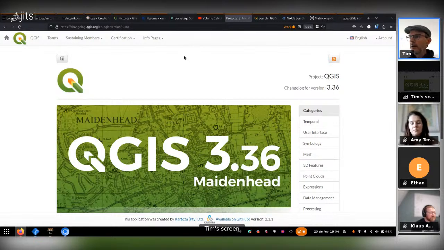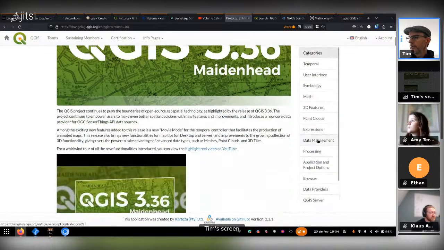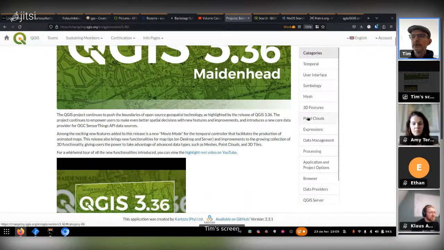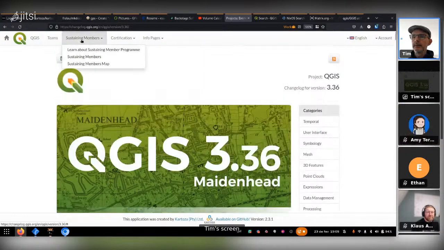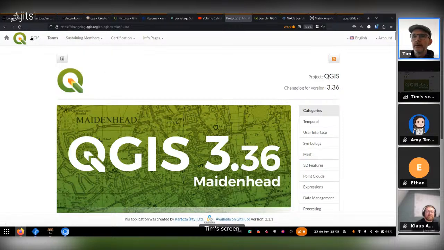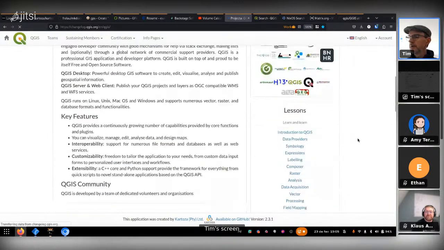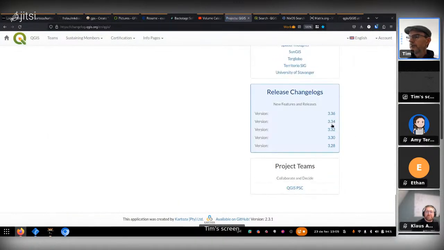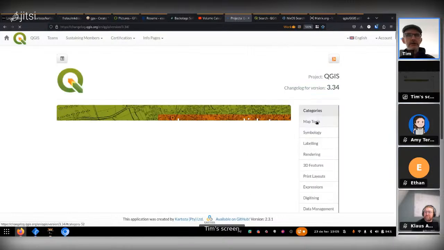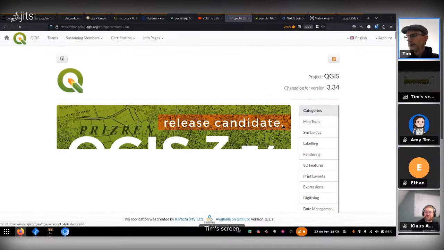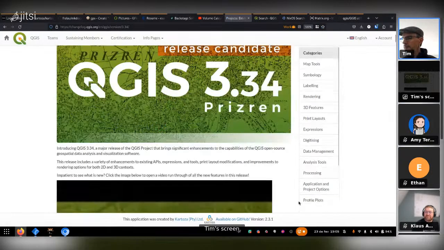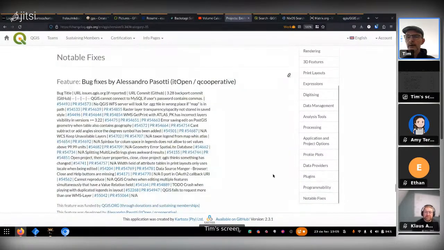And at the moment, we are just waiting for the list of the notable fixes that came in that release as well, because QGIS, the funds that we get from your contributions, donations, sustaining members, etc., they are all